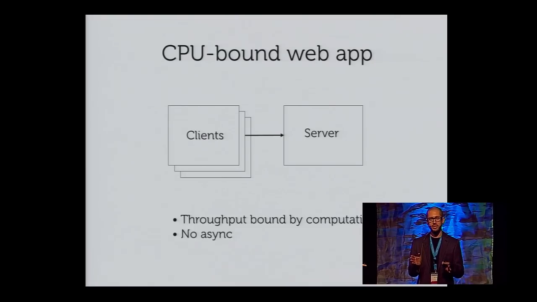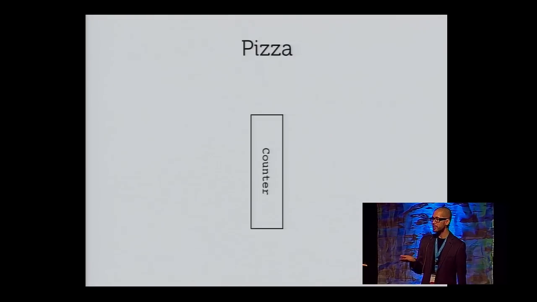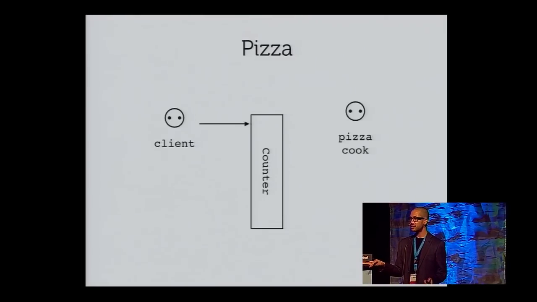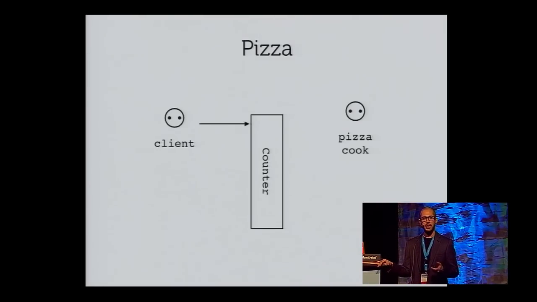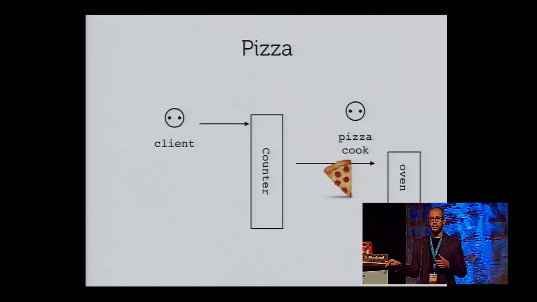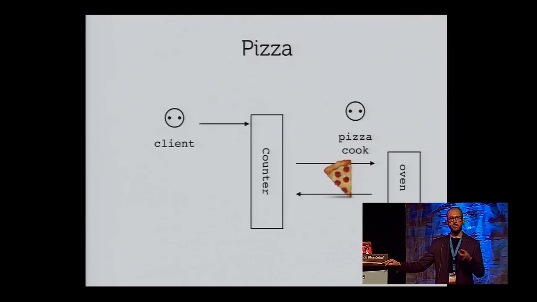But different kinds of food have different scaling properties. So what about pizza? It starts the same as subs. You go in and the pizza cook appears, and you ask the cook for a particular slice of pizza. The slices are already made, but they're sort of lukewarm. So the cook takes your slice and puts it in the oven. And for the 2 minutes it takes for the slice to heat up, you're both standing around idly until the slice is hot, the cook gives you your slice, and you walk away with it.